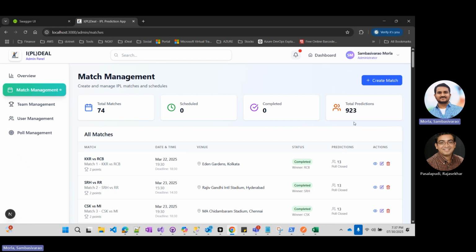So that's why we have not got exact. It should be 963 or 962, but we got 923. So we validated this count also. It's exactly matching. So if you go to the team management, and if you want to create a match, suppose